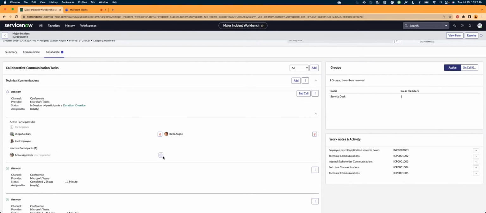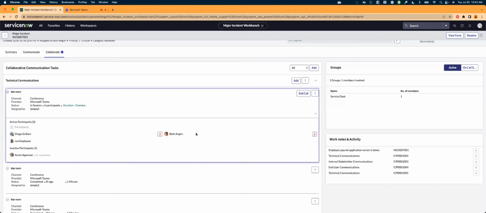We can also, if people didn't answer, so we got Annie Approver over here. She didn't join the call. So we can click on the plus sign and it's going to call her again to get her to join the call. So we can keep blowing people up out here on the meeting